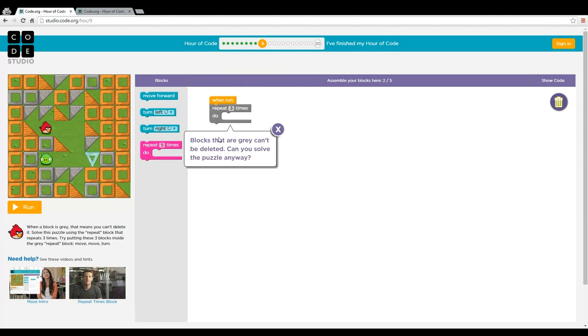So the difference is that we cannot get rid of this block. So the gray block has to be used as it is provided by code.org. So we have to figure out how to use this very first block and to put instruction just inside this block. And notice that we cannot just start this way, because if we tell Angry Bird to go ahead to move forward 3 times, you see,